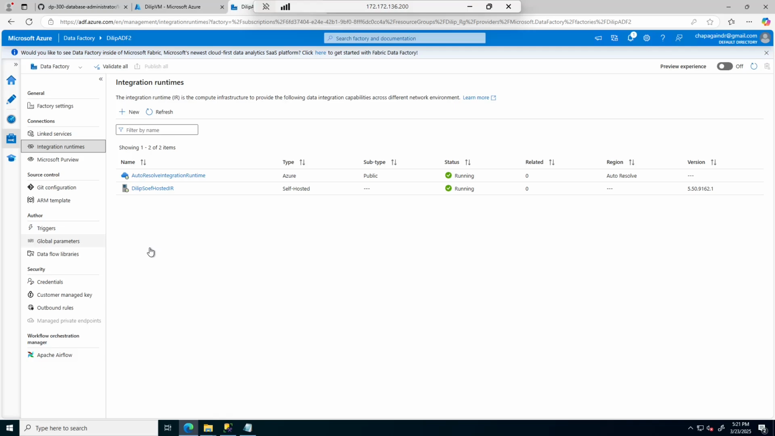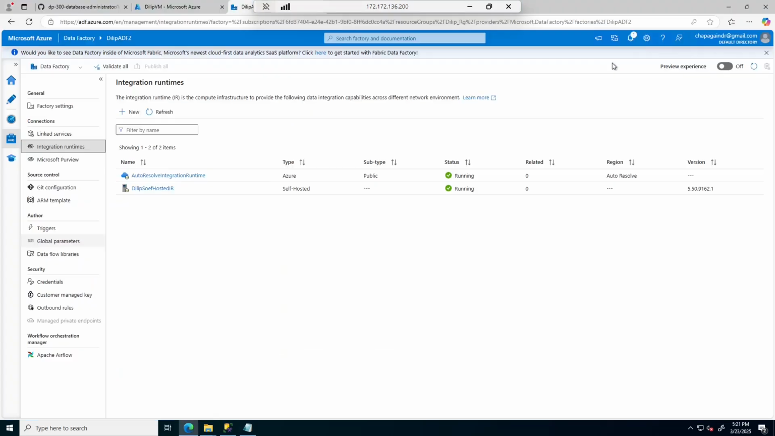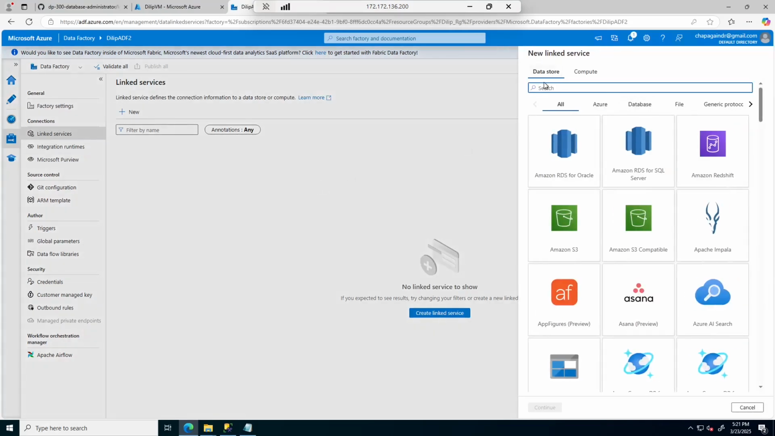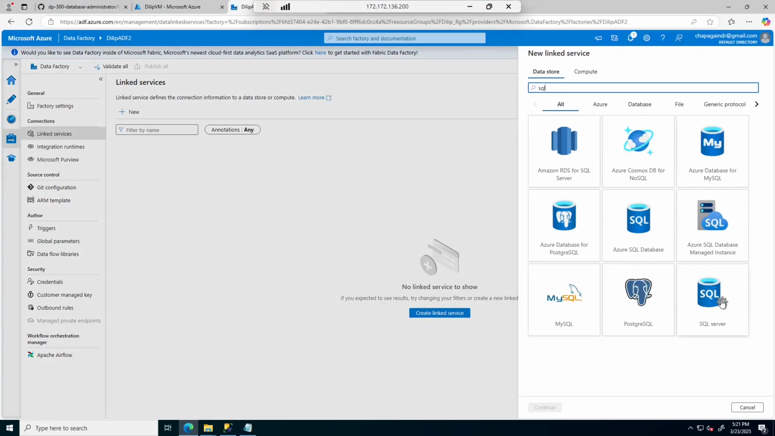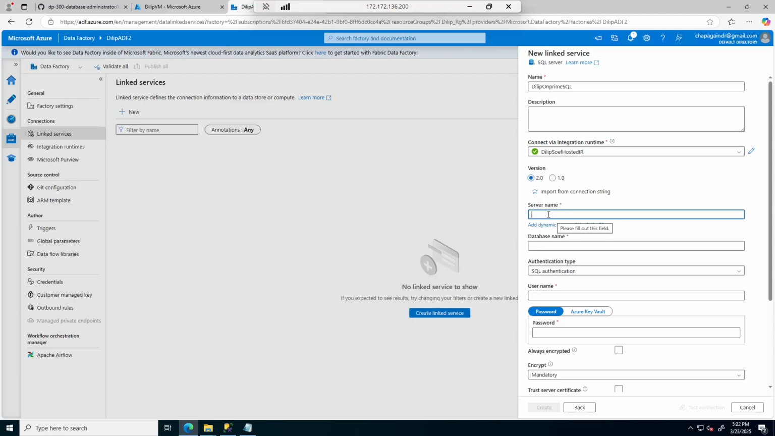on-prem server, right? So the on-prem server is nothing but this SQL server, and we wanted to connect this sample database. I want to check that one. So in order to do that, I'm going to go to linked server, then create a new linked server. So I will select SQL Server, and let's say on-prem SQL. Then the important thing is I have to select this self-hosted, and then the server name I'm going to choose